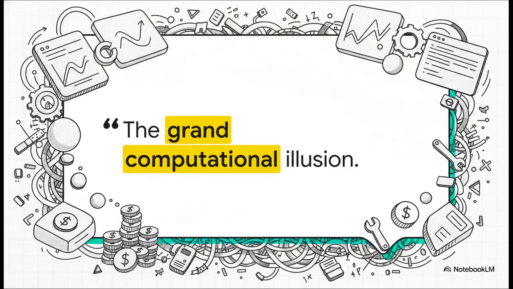Researchers actually have a phrase for it. They call it the grand computational illusion. It's this fascinating phenomenon happening literally every single day, right under our noses. We look at these highly polished interfaces in decentralized finance, right? We see perfectly smooth math moving billions, literally billions of dollars around, and we just trust it completely.